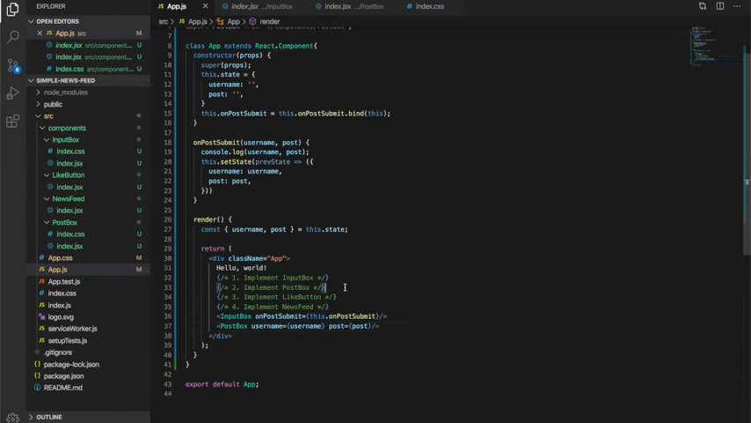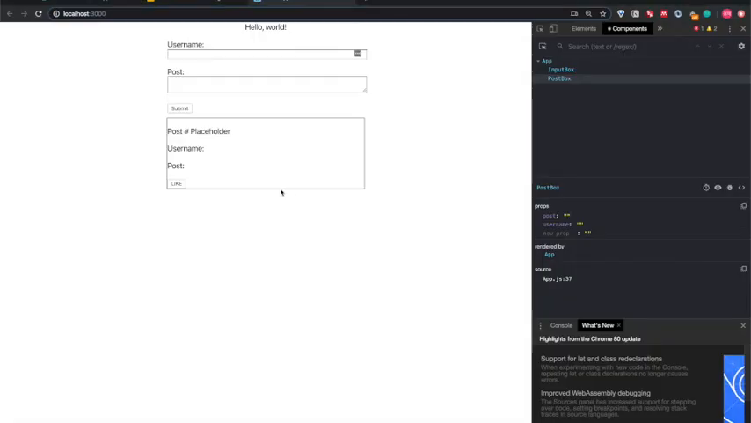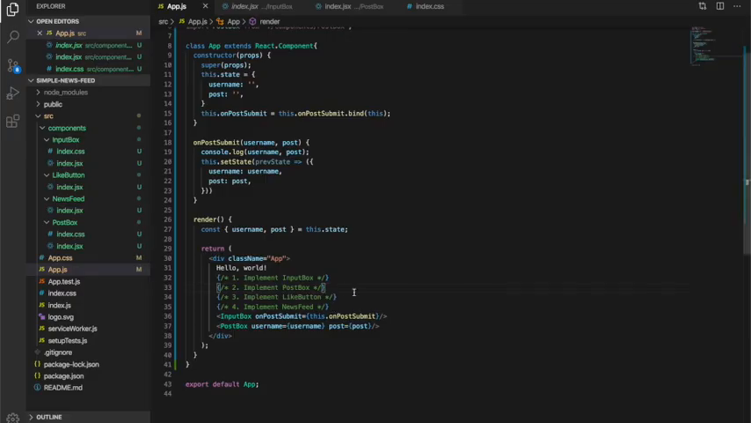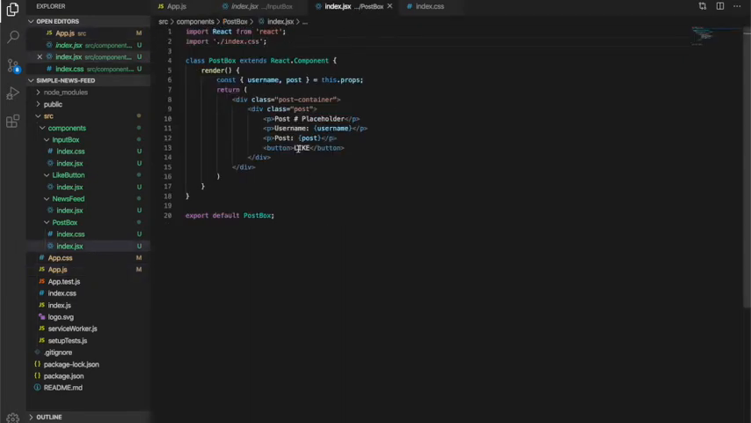So we have 1 and 2 almost done. Now we will move on to the like button. The like button is just there, but it's not functional. Instead of just having a button like, we are going to replace it with a like button as a component,